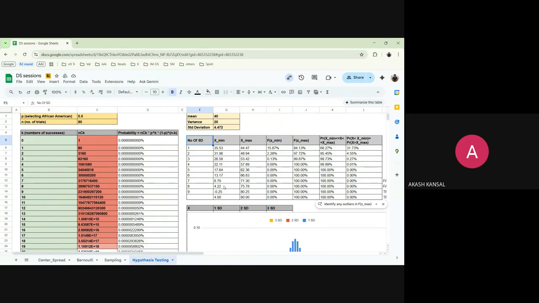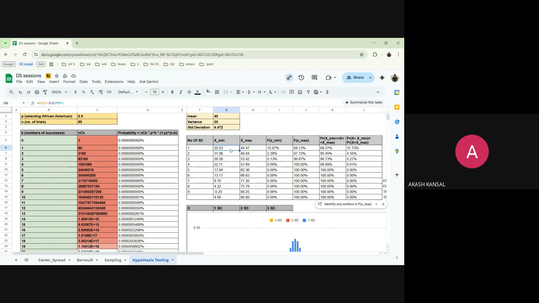Let's see a different view. Let's say in column E in this table you have standard deviations, and if we consider one standard deviation, meaning mu plus sigma to mu minus sigma, so basically one standard deviation below the mean and one standard deviation above the mean, right? So we have a minimum and the maximum value of x. The minimum value of x is mu minus sigma, maximum is mu plus sigma.